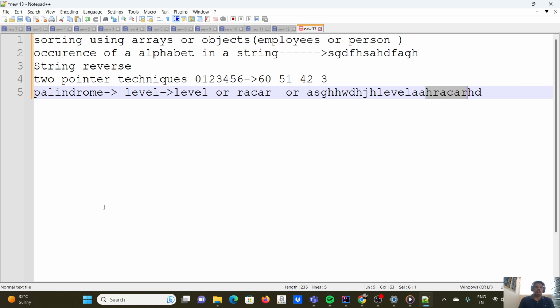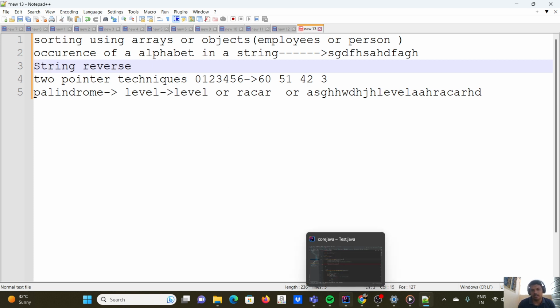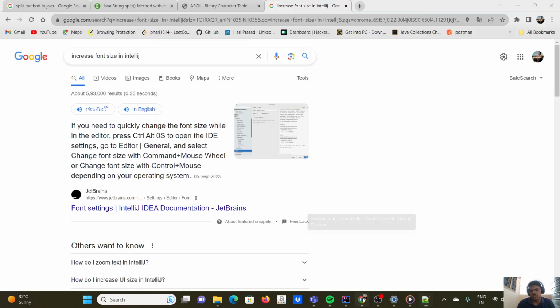Sometimes the programs are also like this. So let us solve some programs so we'll get some idea. What we are going to do is first do some string reverse. You will get to know string reverse is very easy. So let's